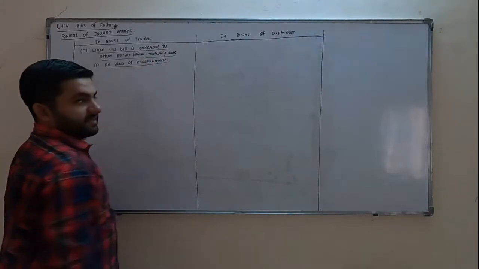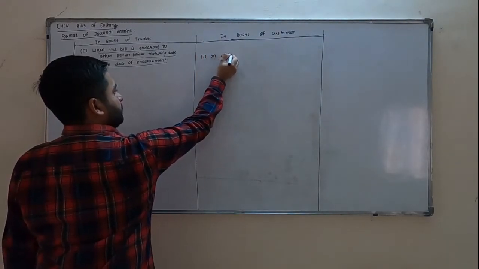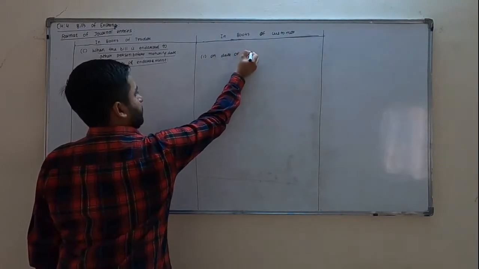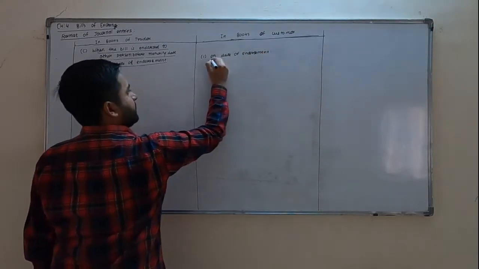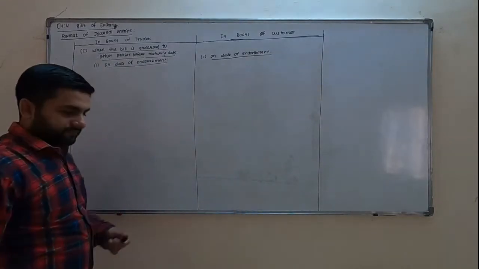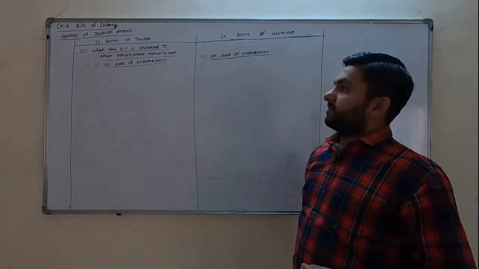So now what we are doing in the third use, before the maturity date, we are